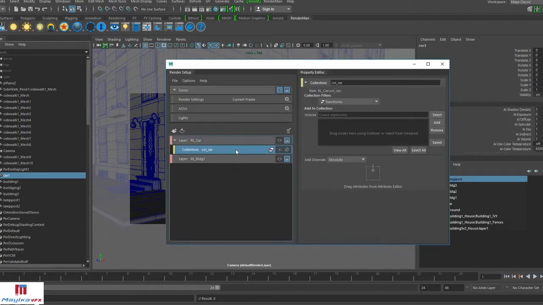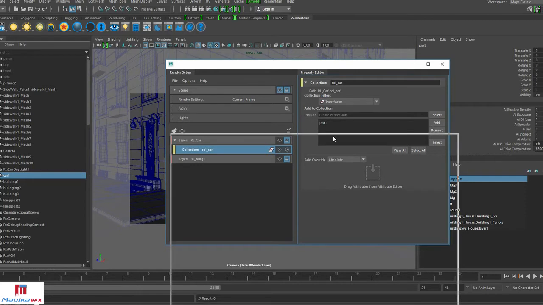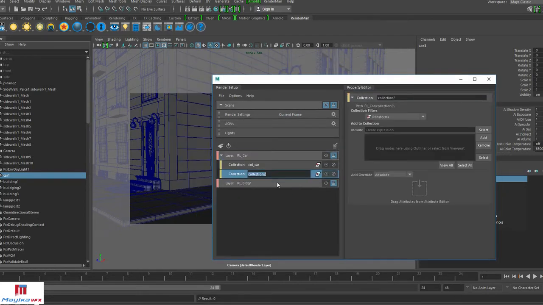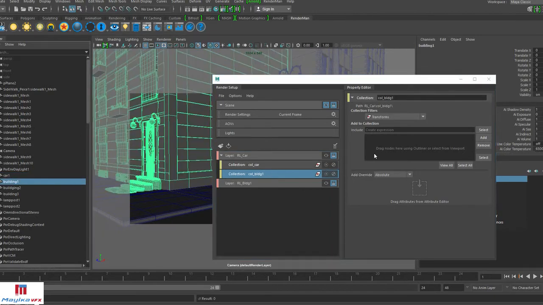So select the car, and we have different filters here. At this moment we are using the transform filter, and let's add. So it will add the car. Let's create another collection for the building, and we can select the building and add it into this collection.